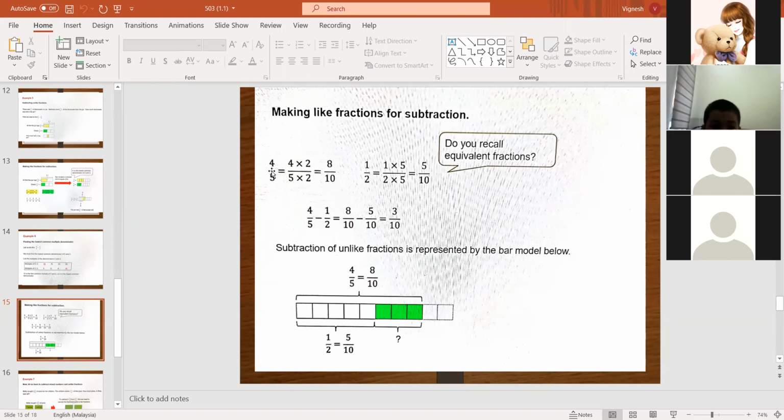We have to use some methods to get the 8/10, correct or not? So it's 8/10 here. Can you all see? And then how to minus 1/2? You got 5/10 after you do the multiplication. So you have to minus with 5/10. Okay, class. Now 8/10 minus 5/10 is equals to